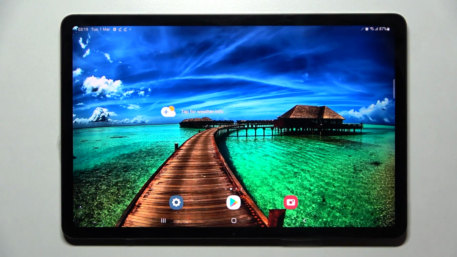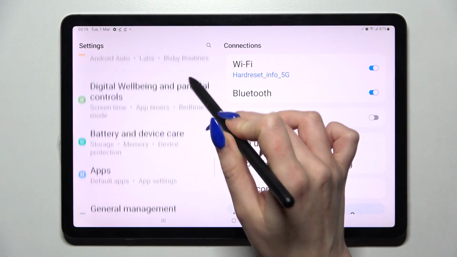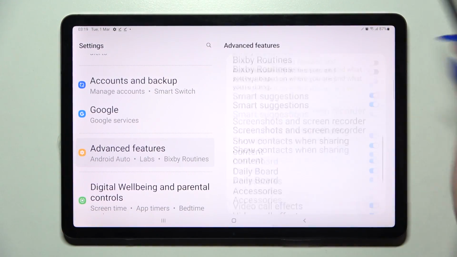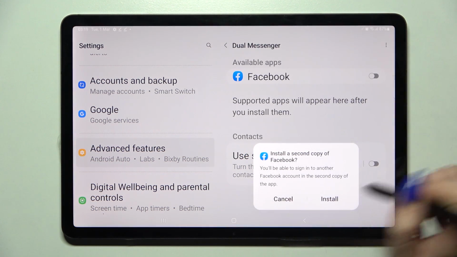Friend of mine is Samsung Galaxy Tab S8, and today I would like to show you how you can clone apps on this tablet. Start by opening settings, scrolling down and choosing advanced features. Now you need to scroll all the way down over here and choose Dual Messenger. Then click on the switcher next to an app that you wish to clone, in my case Facebook, choose install